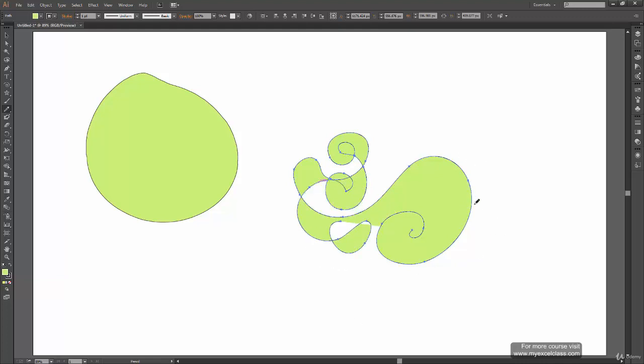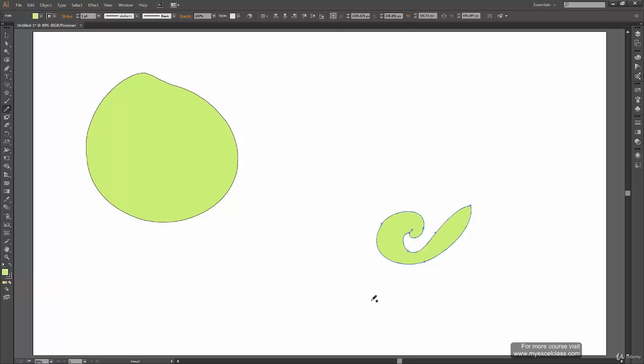And from here if I start drawing, I can actually close a path, and that's how I can edit my shape. You might want to practice it a bit before using it in real life projects, because this is kind of tricky work. Once you practice it, you will be able to understand better how it works.